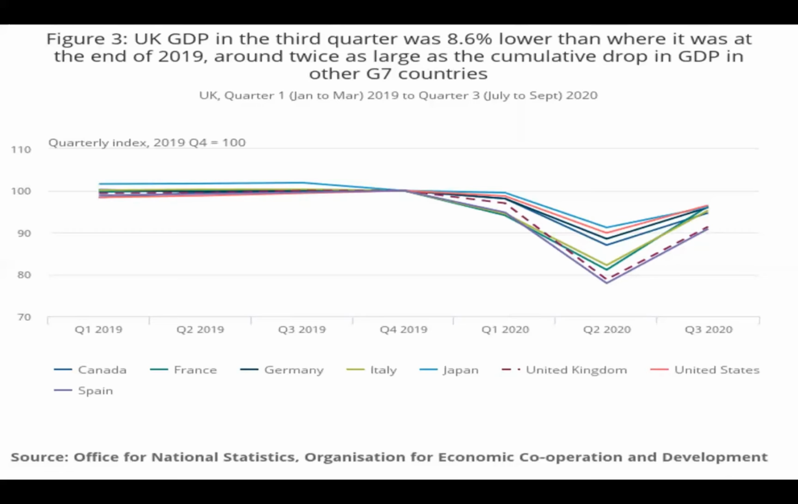In the first quarter of 2020, Britain is the second country with a large decline in GDP accumulations, only after Spain. Compared to the end of 2019, the UK economy was 8.6% lower in the first quarter of 2020, and this number has been considered to be twice as large as the cumulative decrease in GDP of other G7 countries. And next,